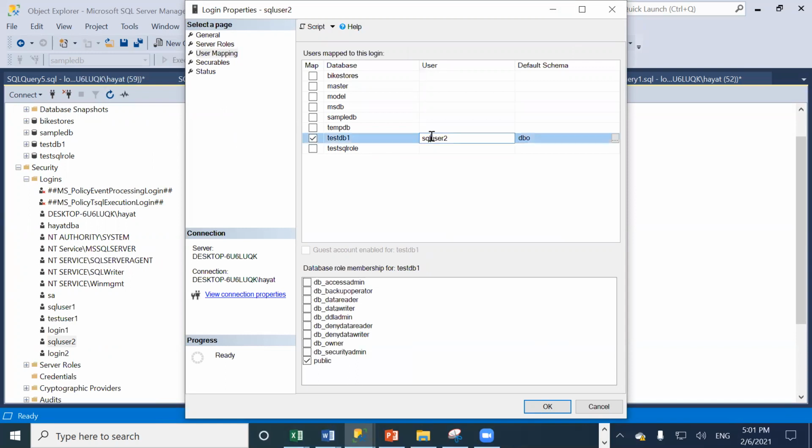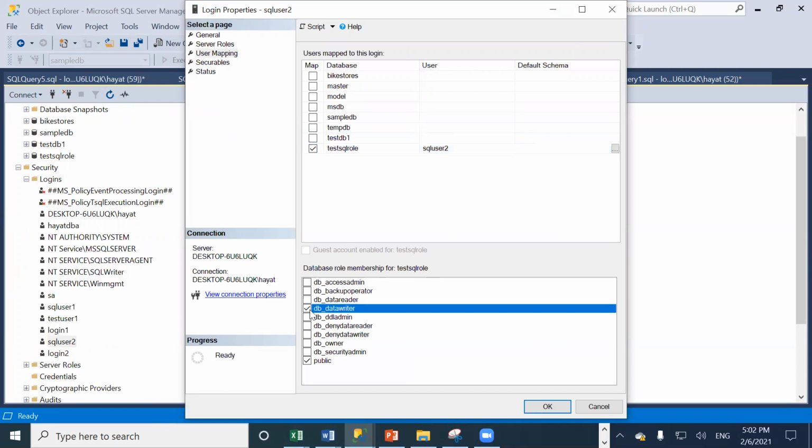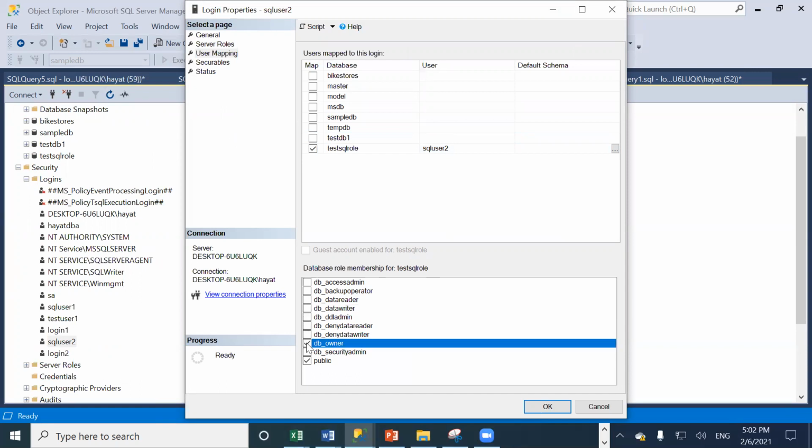This database, this one we created, right? So we just tell him this is your account. I remove this one and I select this one. I give him the writer, or you can give DB owner. DB owner means he can do anything on this database, but others he cannot do anything. If I click OK,